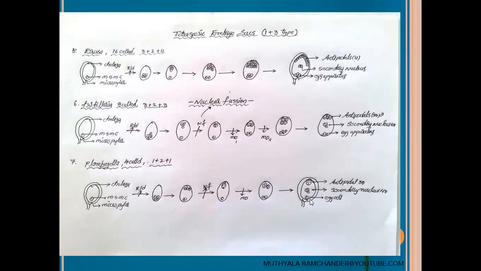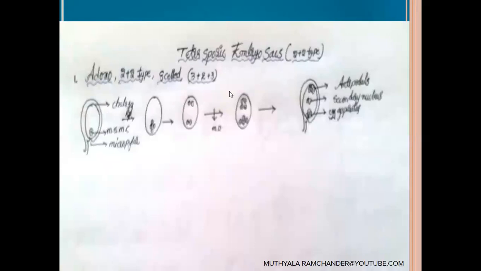And the micropylar region contains only a single cell, which acts as an egg cell. Synergids are absent, and one antipodal is in triploid condition. Finally, 4 cells are present in Plumbagella. They are arranged in 1+2+1 arrangement. One belongs to the egg cell, 2 belong to the secondary nucleus, and another one belongs to antipodals. And the last one, the tetrasporic type, belongs to 2+2 type.